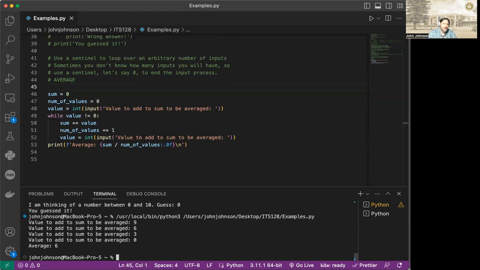So we can do these loops, and we can use a sentinel value to exit out when we're asking for an arbitrary number of inputs. So that's the end of this lesson. I hope that's cleared up a little bit for you, and hopefully we're getting some practice using the phrase sentinel value, just to understand that that's the value that we need to actually kick ourselves out of that looping routine. So hopefully as we go through these examples, you'll see how while is used, you'll see how we use our logic there,